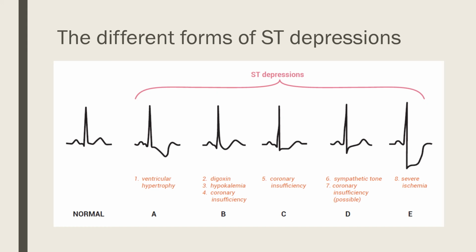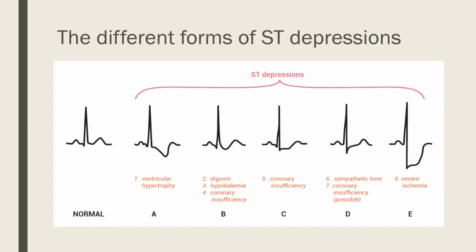Figure B shows the downsloping ST changes, which indicate that there is digoxin toxicity or hypokalemia. Figure C shows the horizontal ST depression, which usually indicates coronary insufficiency, which means that there is ischemia. Figure D shows the upsloping ST depression, which is either due to sympathetic tone or